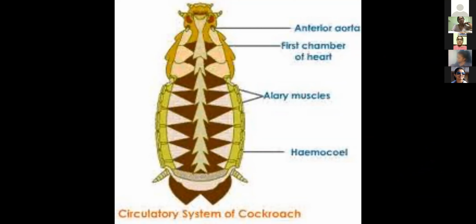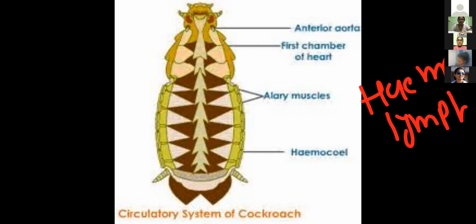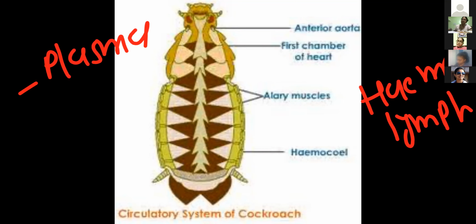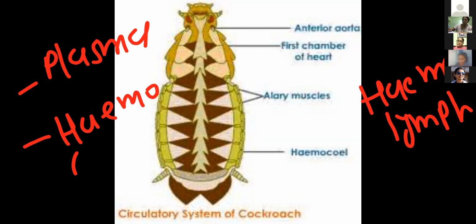In thorax and abdomen segment, this heart is located. Right? Here this blood which comes out from that circulatory system into the sinuses where visceral organs are present, right? So all visceral organs bathe in this blood which you call hemolymph. Blood को हम क्या बोलेंगे अभी यहाँ पे? Hemolymph, because that comes outside the system. This hemolymph is composed of two things. One is a plasma, which is a liquid part, and other, that's the blood cells we call hemocyte.